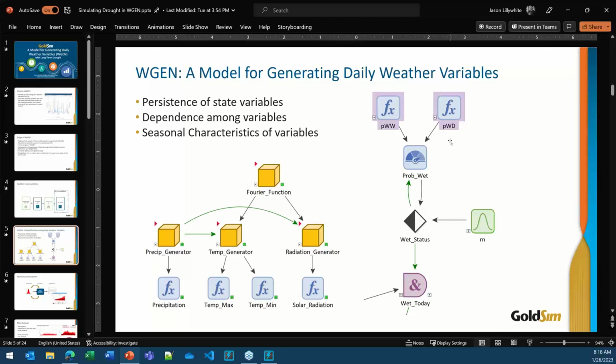similar rain durations and gaps between the rain, so dry periods, by reading a daily input time series. So it makes sense that this would be able to mimic that, and it's a pretty simple and clean way to do it. So the way that you model it then in GoldSim